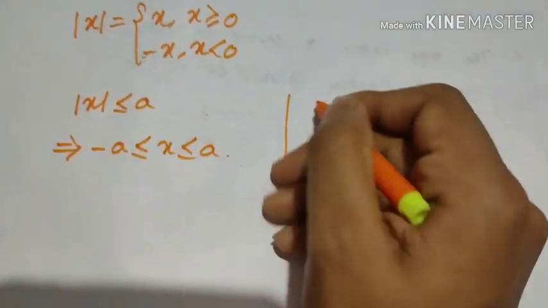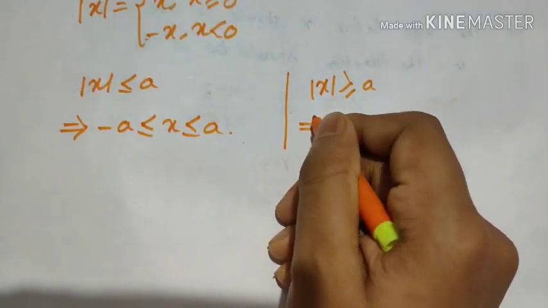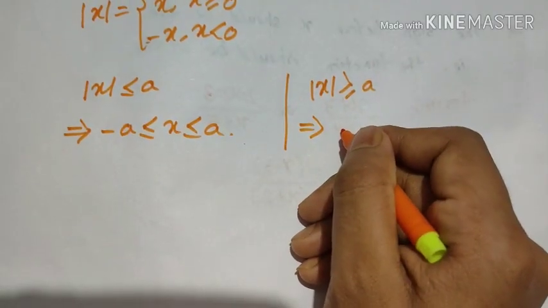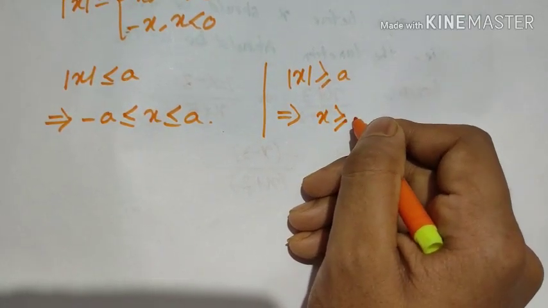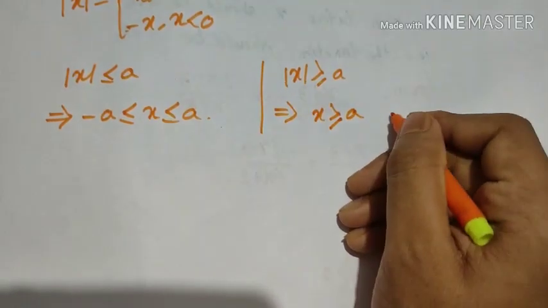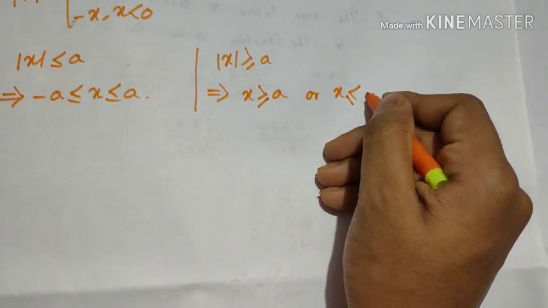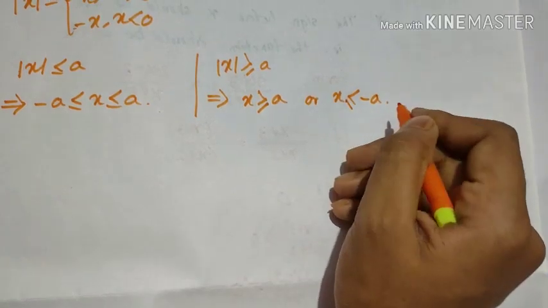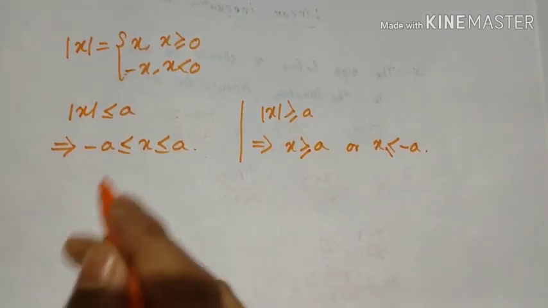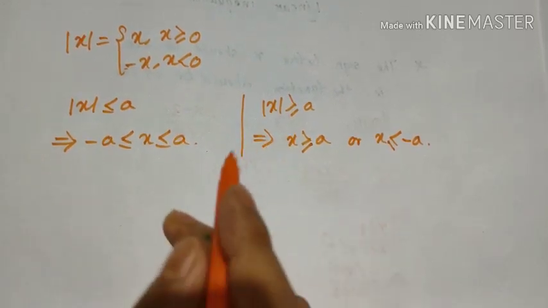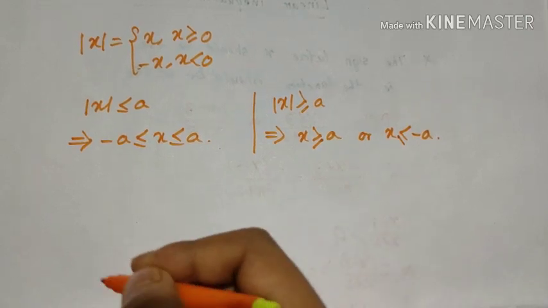Now if it is given that mod x greater than or equal to a, this implies x greater than or equal to a or x less than or equal to -a. And based on these formulas, we will solve such problems with some shortcut tricks